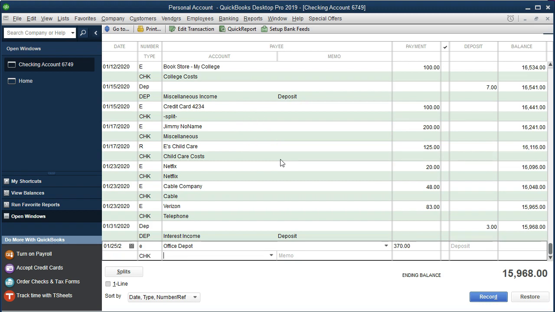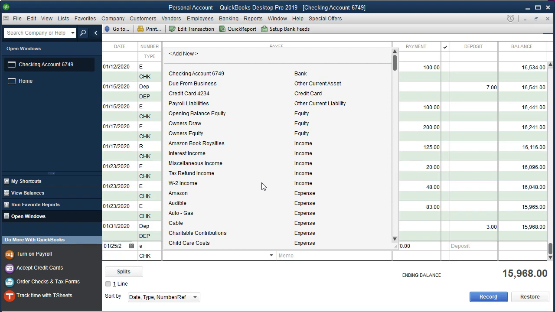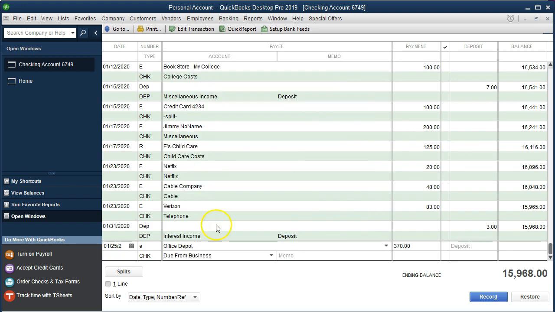Now again, this should have been a business related expense. We bought it from our personal account for the business. So what we want is a loan account. It's not going to be an expense on the personal books. It's going to be something that the business owes us money for. So we're going to go up here to due from business. We're going to say, hey, this is something we paid for from our personal account that's owed to us from the business. So it's going to be that asset type account that we set up